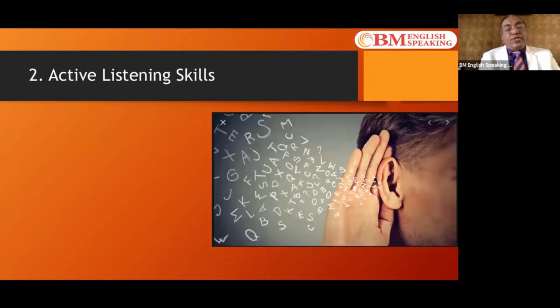The next one is extremely important and the most ignored one. ऐसा बोला जाता है कि what is the difference between hearing and listening? Hearing is only being aware of what the person is speaking, and listening is listening with a lot of intention. So I'm going to share with you some very important tips and techniques that will help you to develop your listening skills. A lot of our professionals, we've trained more than 350,000 professionals till date in English and communication. A lot of professionals who want to develop their listening skills have said that they want to learn how to develop their active listening skills.